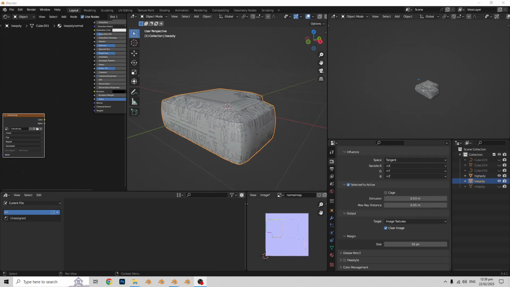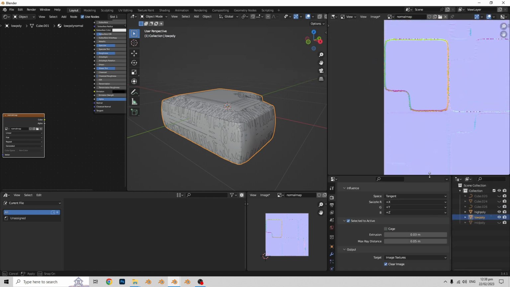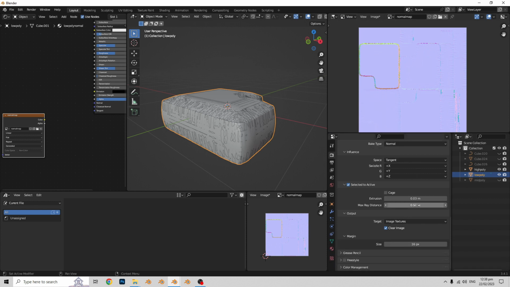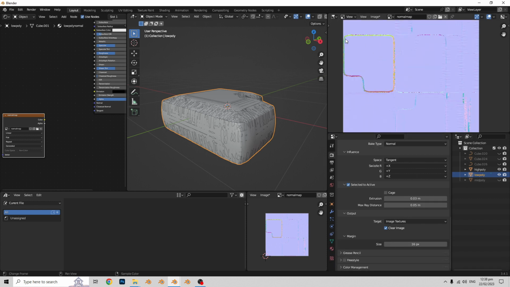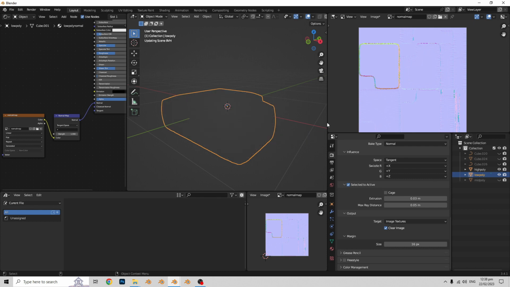Almost done. So the baking is done. I will open it here so we can see it a little bit bigger. So here, this is fine for the tutorial, but you can always play with the settings here if you want to have less green area here. So with that, I'm gonna plug this into a normal map, color to color, then normal to normal. Then if we go to the render view,